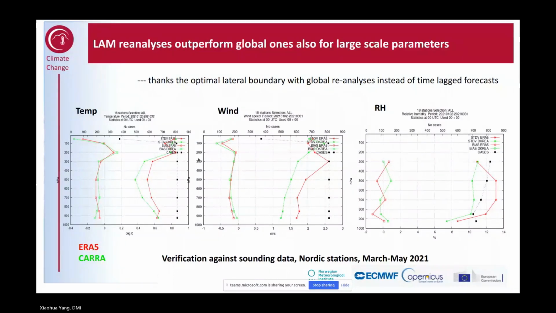verification scores, the comparison between the errors compared to sounding data for the CARRA in green color and that of the ERA5 in red colors, it's quite seldom you see that between regional and global models the large-scale parameters such as the mean pressure and the vertical profiles of temperature and wind and the relative humidity are actually much better in the limited area model than in the global model, which is very seldom seen in the